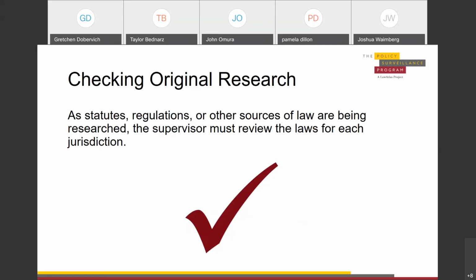Proper citation format. If you're using Bluebook format, make sure that it's following all of those Bluebook rules. Using standard font and font size, and removing any notes that were included. So just organizing your master sheet document in a way so that it would be useful for people to use going forward. This is in addition to